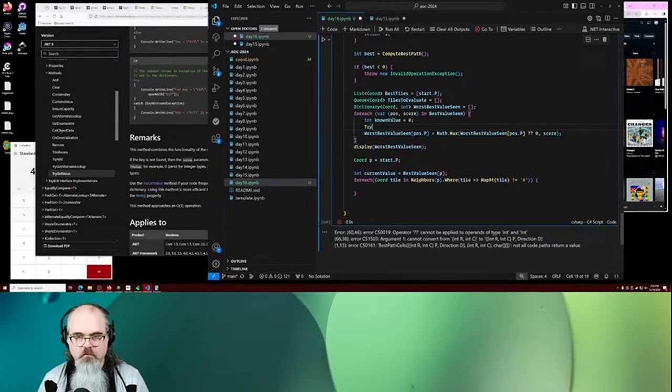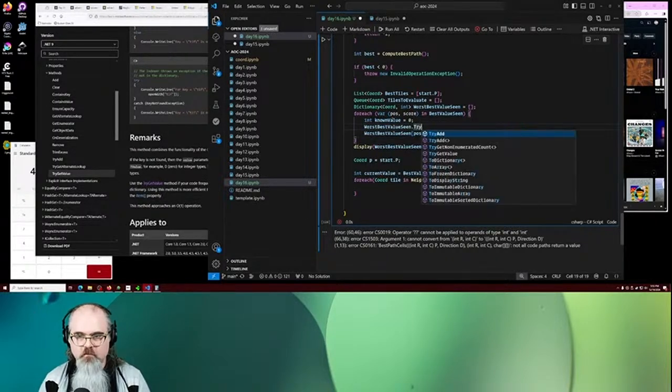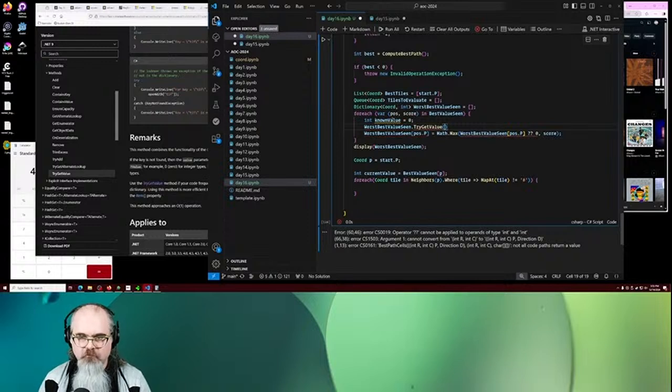Try worst best value seen dot try get value pos.p comma known value, which is an out parameter, then equals math